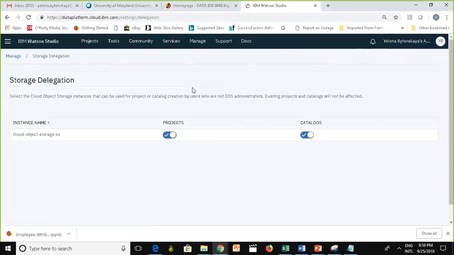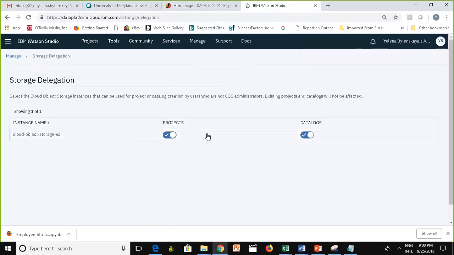Basically, depending on when you attempted the class for the first time, or when you created the first project, it's highly possible that you might get an unable to create a bucket error when you attempt to import a notebook. If you do, then you need to go to storage delegation and make sure that the projects and the catalogs checkboxes are checked.